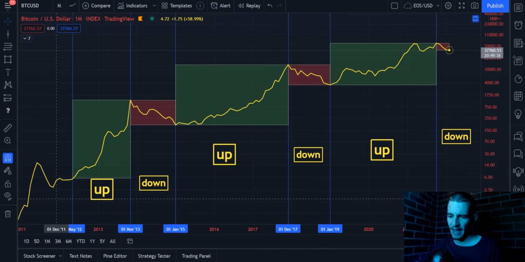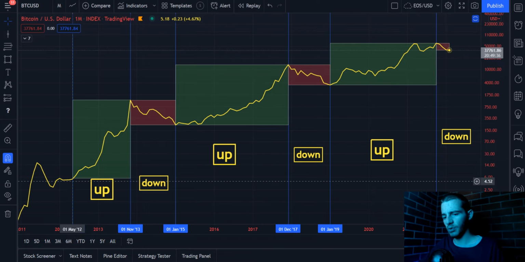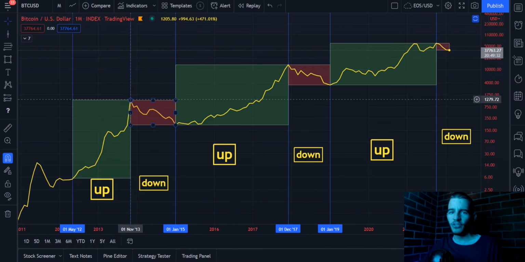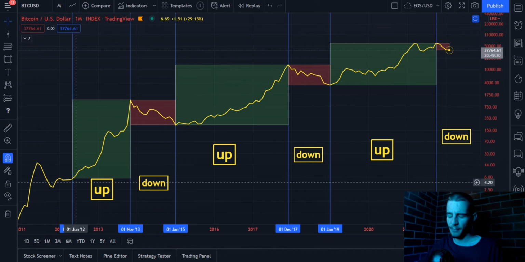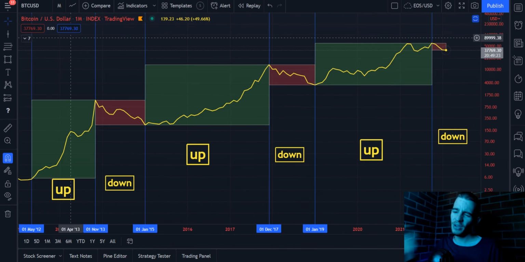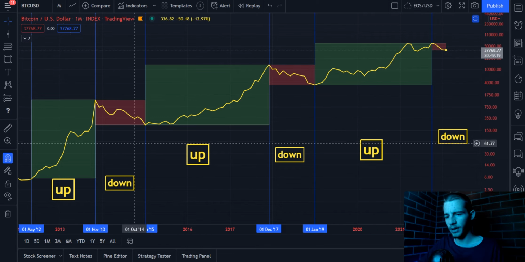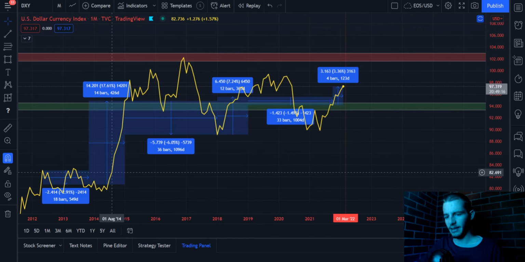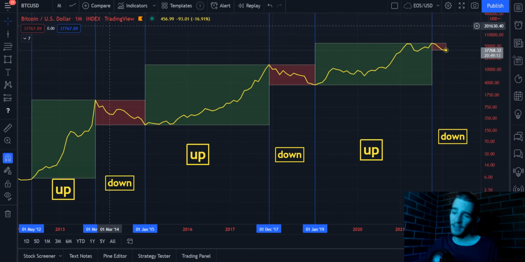Well, starting in May 2012, we had an uptrend on Bitcoin in which we went from about $5, right? Tiny, to $1,200, okay? So that happened from May 2012 to November 2013. What happened to the DXY at that point in time? The DXY went down 3%, okay? Bitcoin was very small at this point, so you can't expect too much of a radical change. But the point is, at that point, we still went up on the Bitcoin chart, and the DXY went down. There's that reverse correlation, okay? So that could be a coincidence.